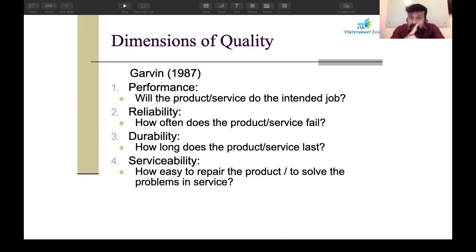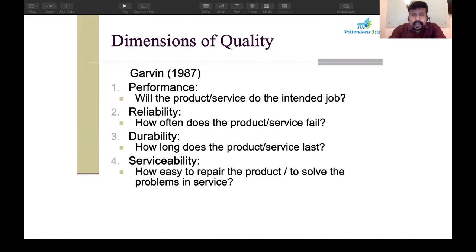Now coming to reliability. Frequency of failure. How often does your product or service fail? I'm giving you a mobile phone example again and again because we are just pitching into the course and I want you to relate it very easily because you have your mobile phone always with you. So you can very easily relate to the concepts. So that's the reason I'm using mobile phone concept. As we go, we'll use some more different field examples also. So how often does the product fail?